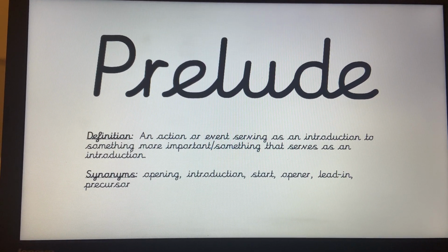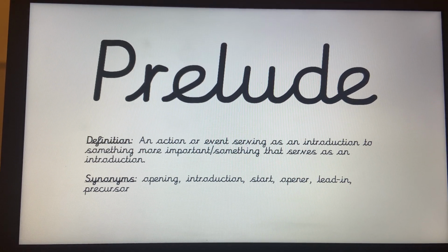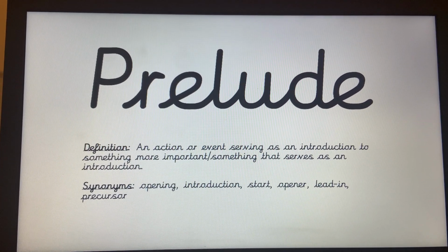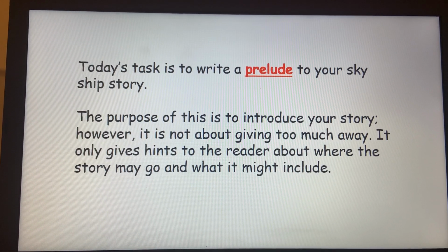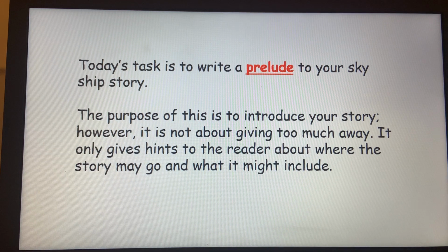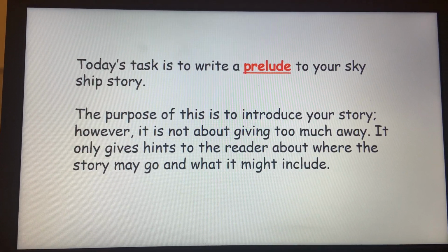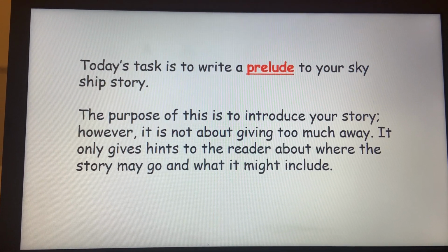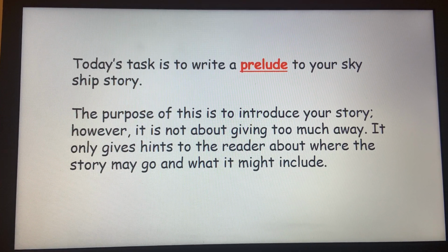Other words that mean the same thing are opening, introduction, start or starter, opener, lead-in, or precursor. So it's basically setting the scene of the story. So we're going to write the prelude to our Skyship story, and the real purpose of this is to introduce it. It's not about giving too much away. It gives hints to the reader about where the story may go and what it might include, but